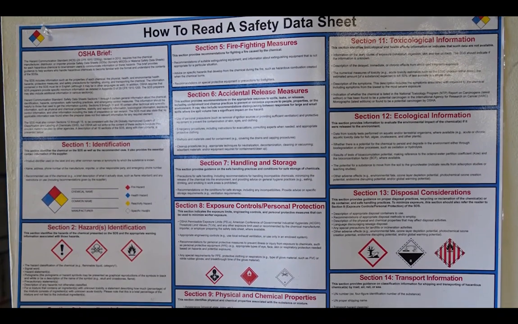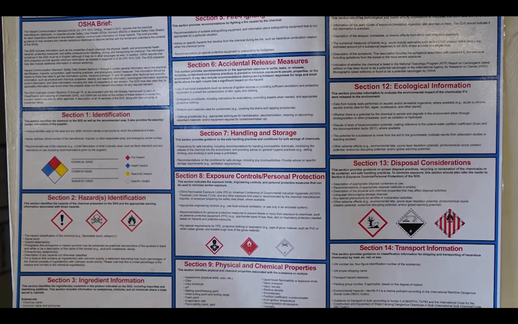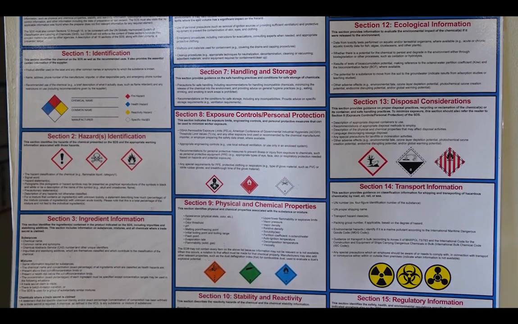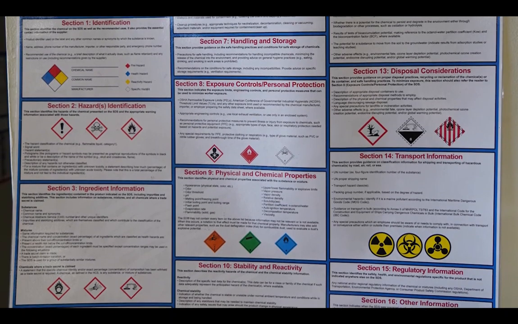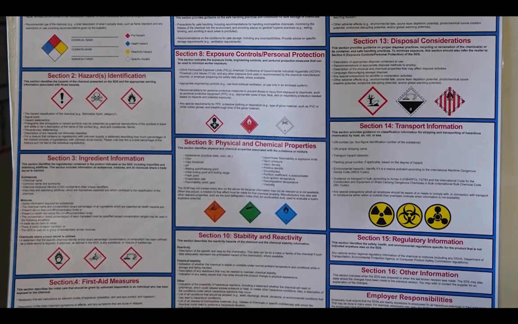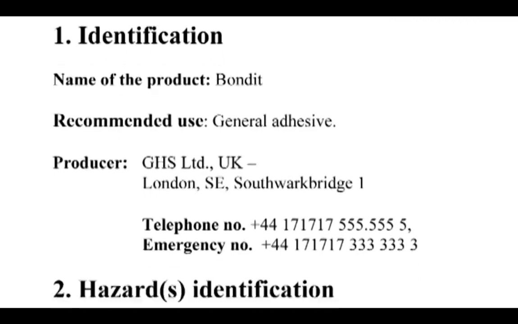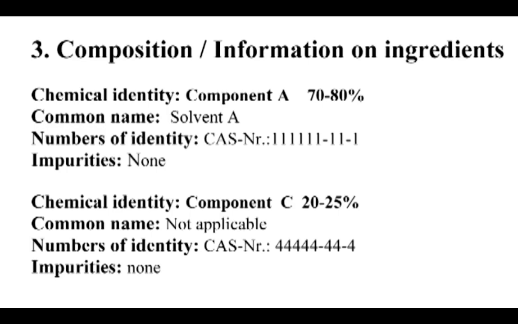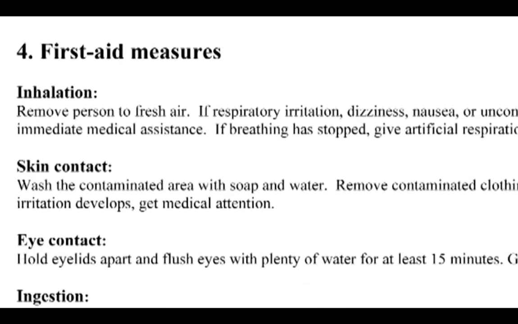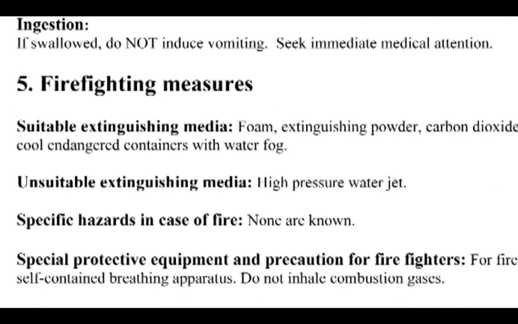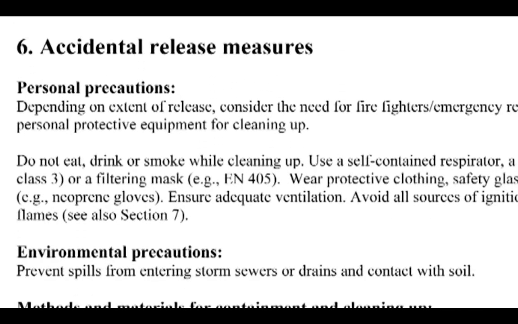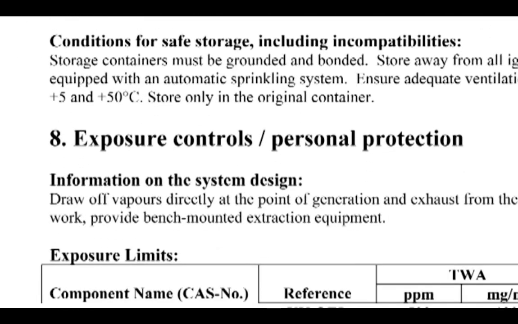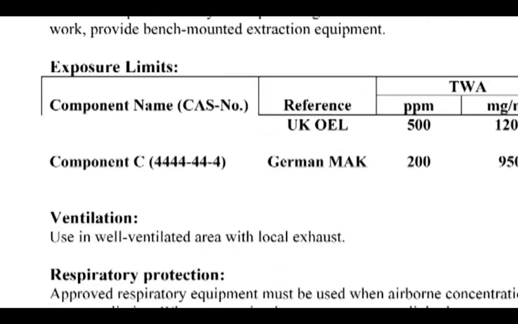What information is available in an SDS? The SDSs have 16 information sections that conform with the requirements of the GHS of Classification and Labeling of Chemicals Standard. The 16 sections include identification of chemical, hazard identification, composition information on ingredients, first aid measures, firefighting measures, accidental release measures, handling and storage, exposure controls, personal protection, physical